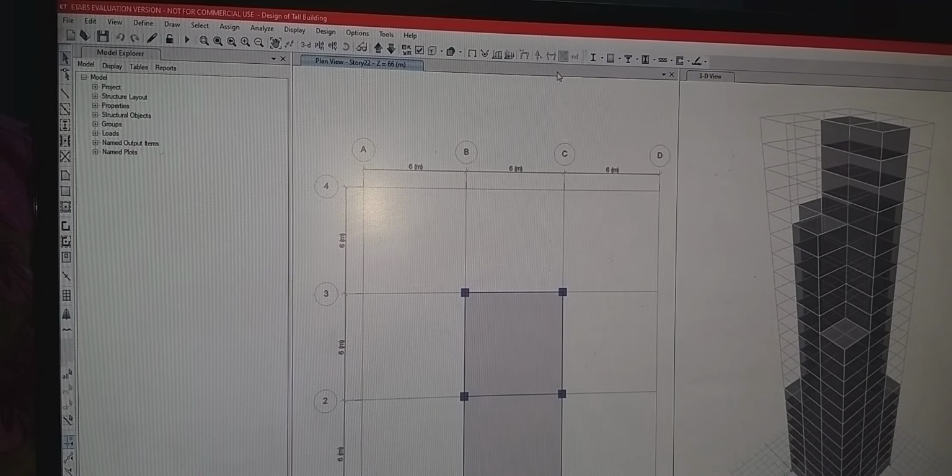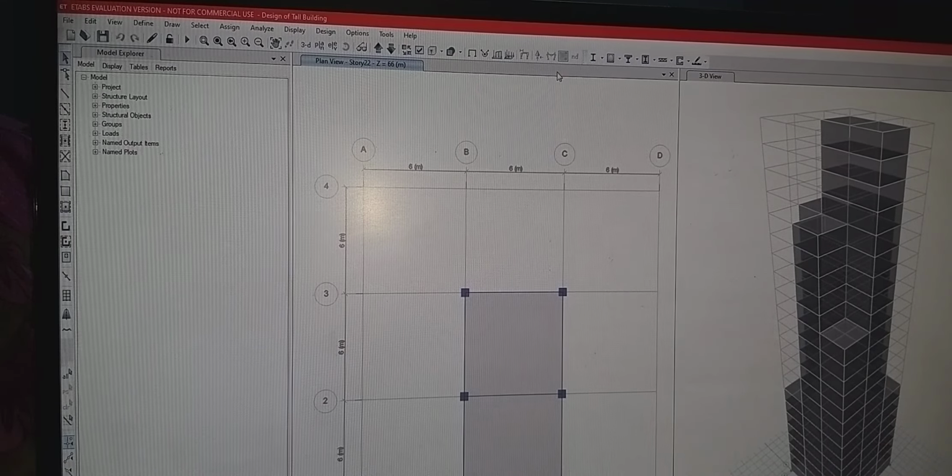Now we will click on add new function. Here we will name the function as response spectrum. After this we will change the seismic zone factor to 0.10. After that we will select soil type as second, because that is a medium soil, and we will ensure that the plot option is linear x and linear y. Here the function damping ratio is 0.05. Now we will click on OK, and click on OK again.